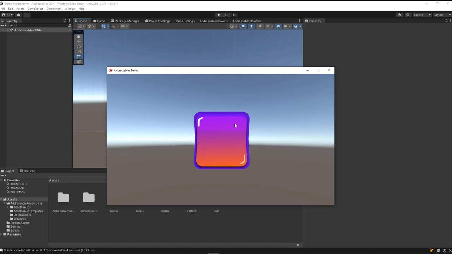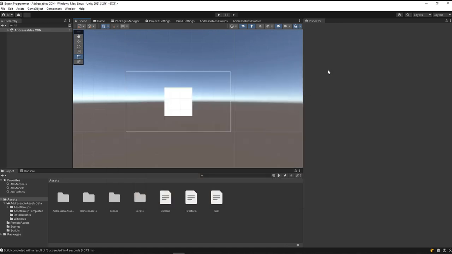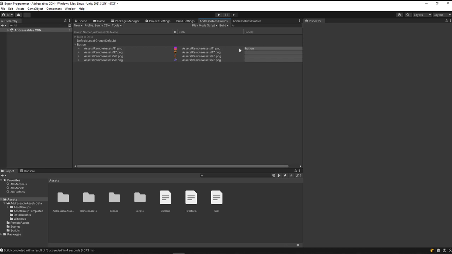Okay, that's it. So thus far, everything looks quite familiar, right? You may say that this is nothing different than what we have done so far in Unity without the addressables. This could be done quite easily. However, the beauty with the addressables is that you can change everything